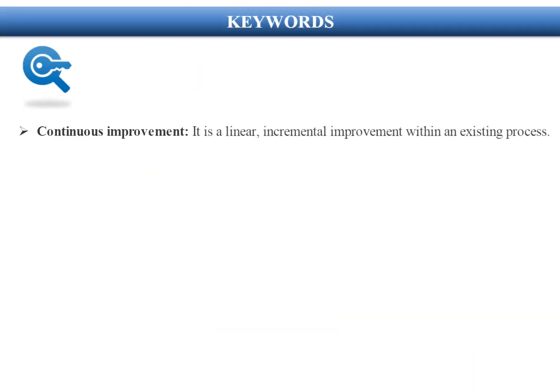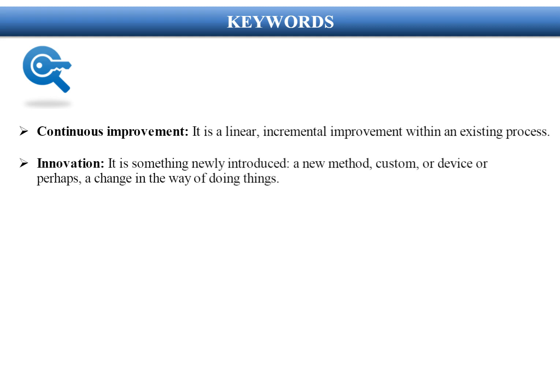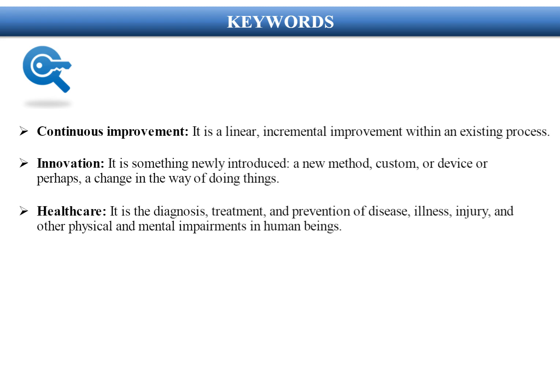Keywords: continuous improvement. It is a linear, incremental improvement within an existing process. Innovation. It is something newly introduced, a new method, custom, or device, or perhaps a change in the way of doing things. Healthcare. It is the diagnosis, treatment, and prevention of disease, illness, injury, and other physical and mental impairments in human beings. Further readings: